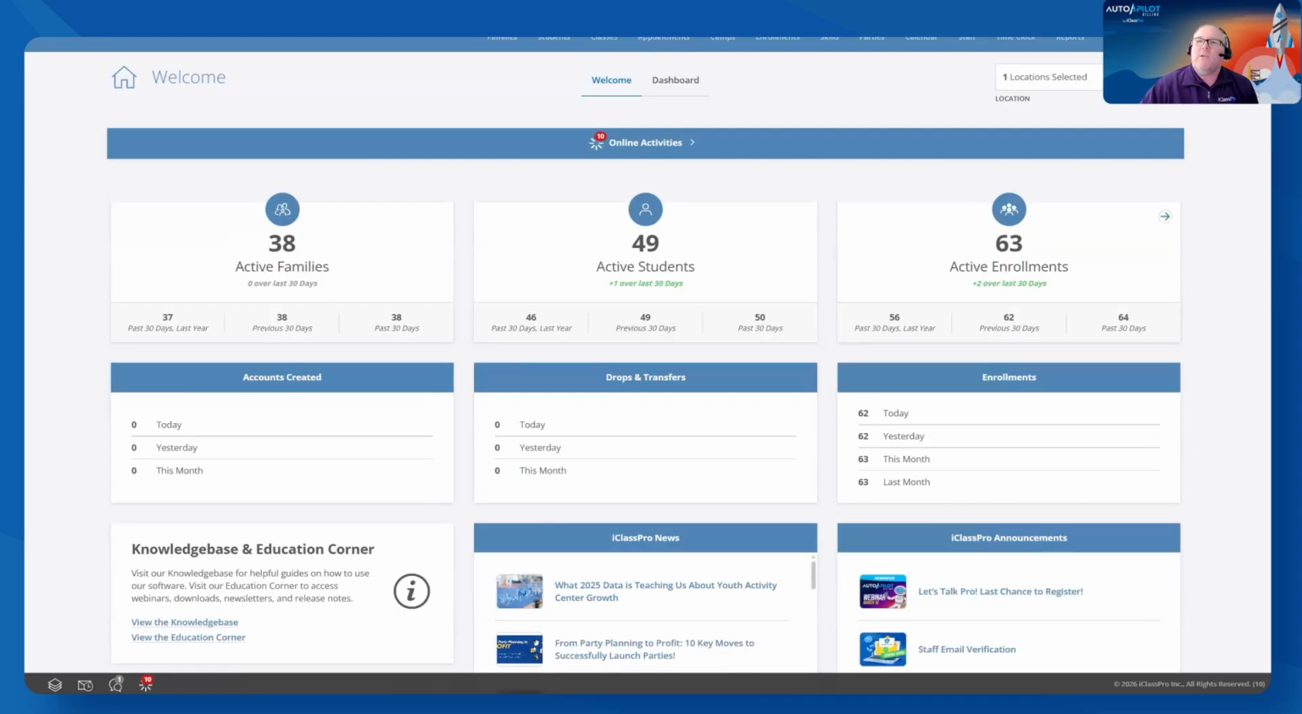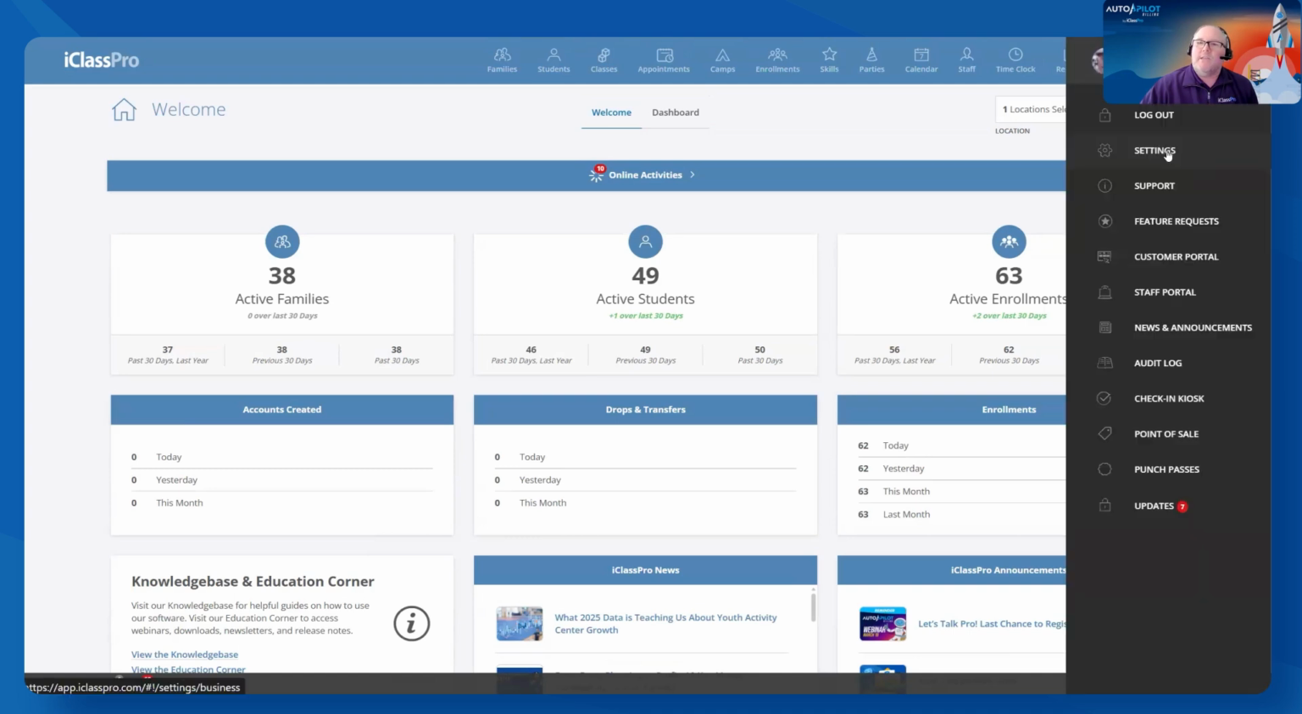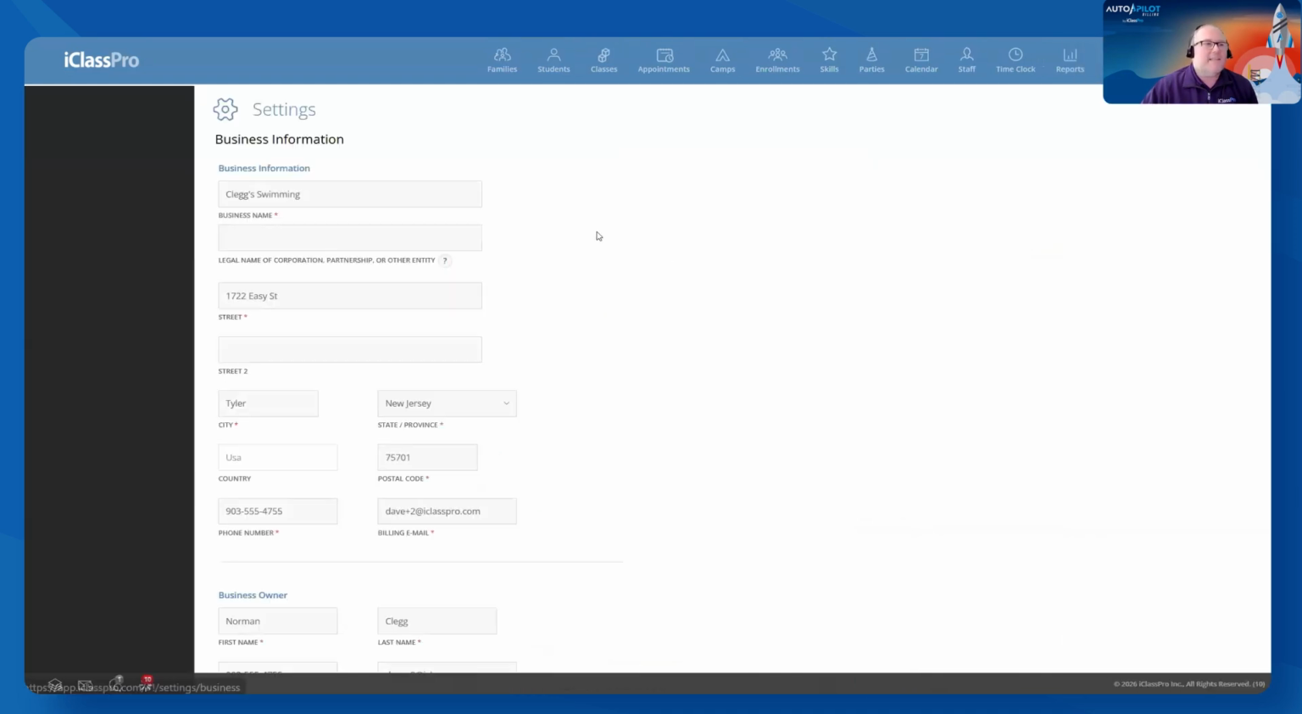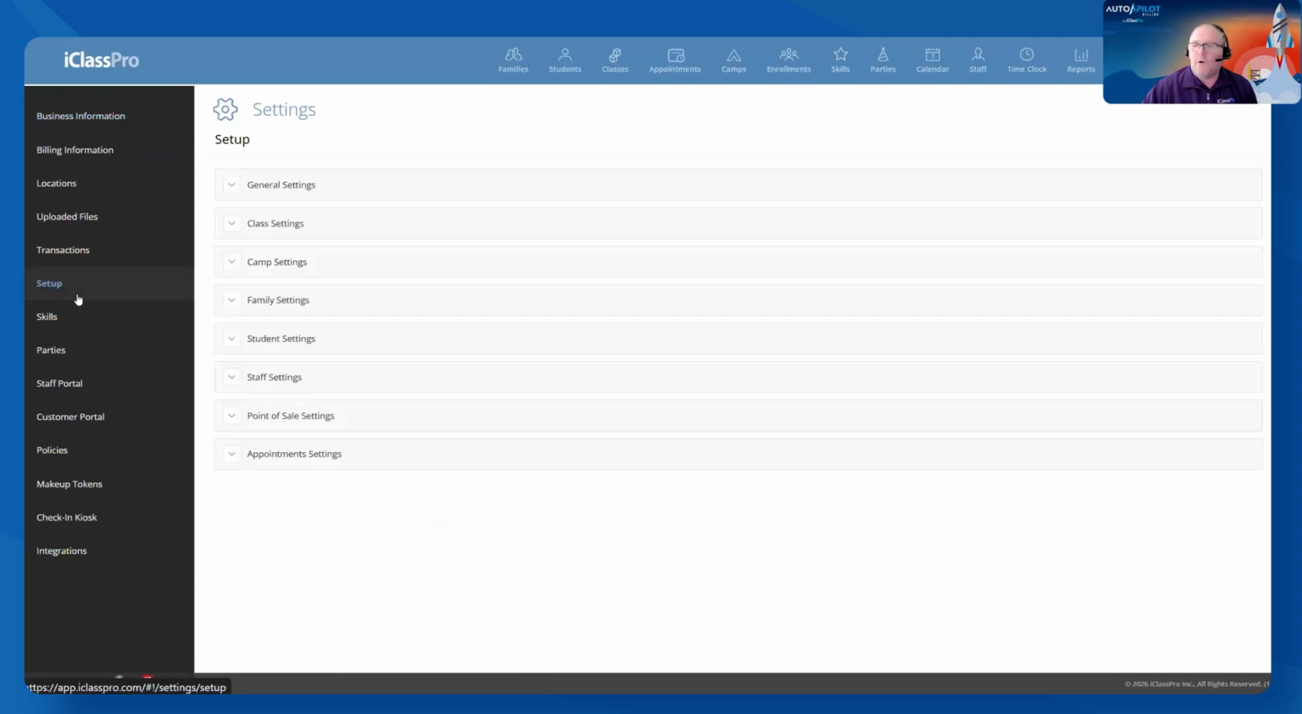So what we're going to do here, we're going to take a look at the settings. So I went to the user menu. I'm going to settings. We're going to go to setup. Before we jump into the auto charge scheduler, it should go without saying, but I'm going to go ahead and say it anyway. Before you set up your auto charge scheduler, because you're going to be choosing the charge categories, you want to make sure that the charge categories you want to use actually exist and that they